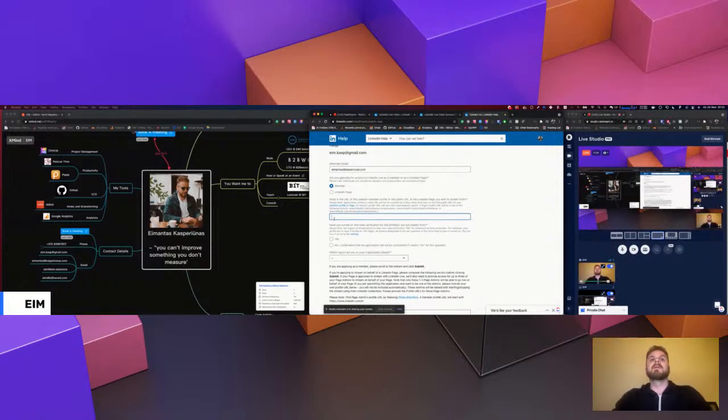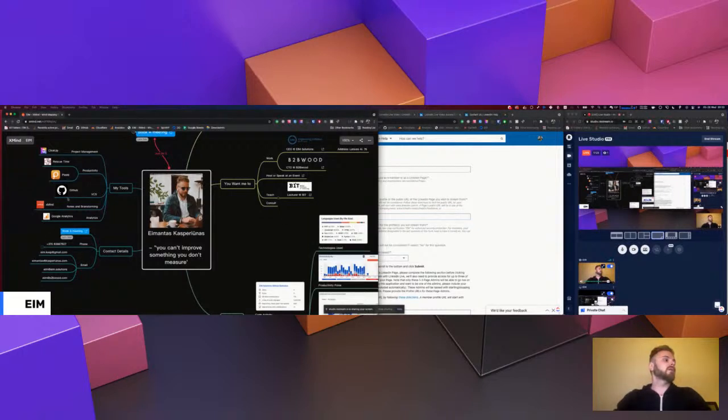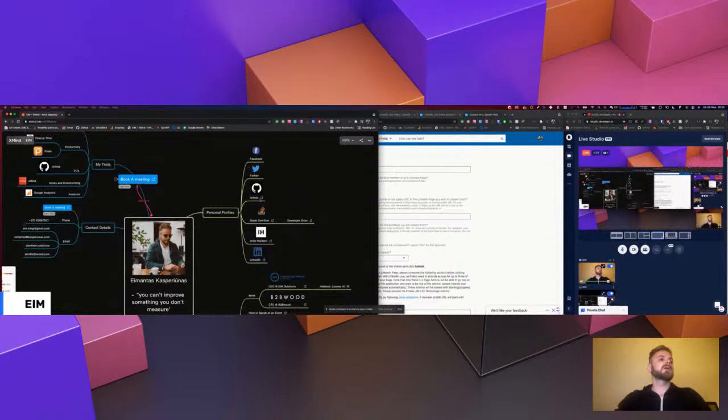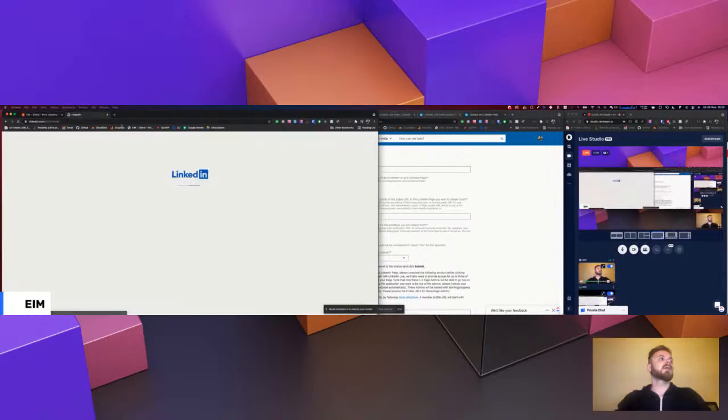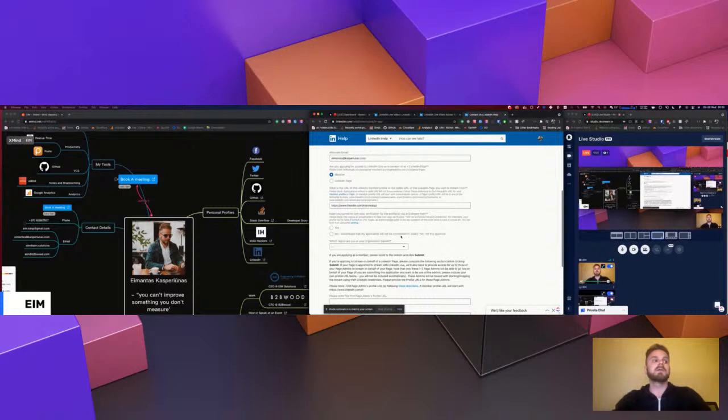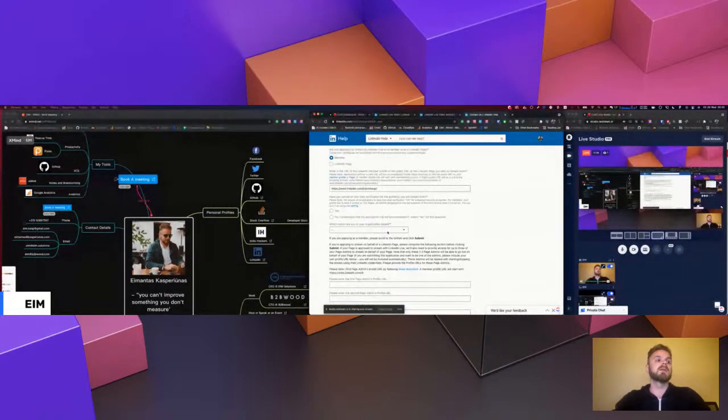What is the URL of the LinkedIn profile? Okay, that I have it here because I always needed my personal profile's LinkedIn link, and I just copied that. This is why I built my website like a mind map, because I built it for myself. I need to copy all of this stuff five times a day. So I just have this as a notebook for myself, and it's good as a personal website. Win-win situation.